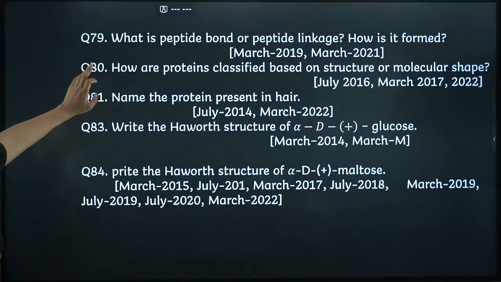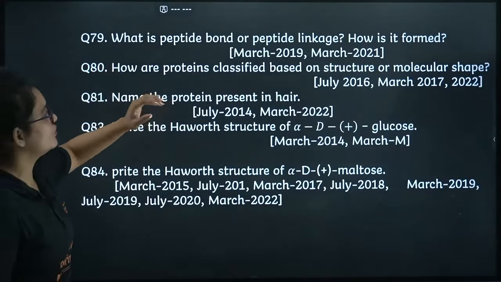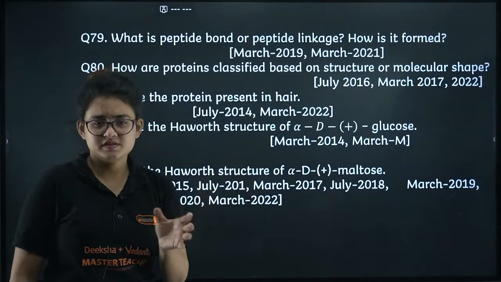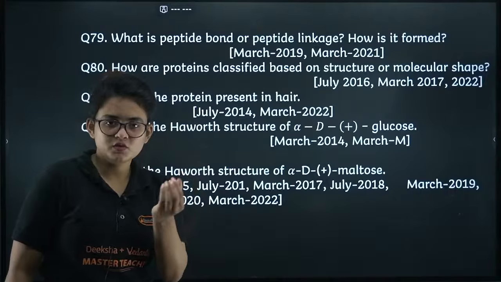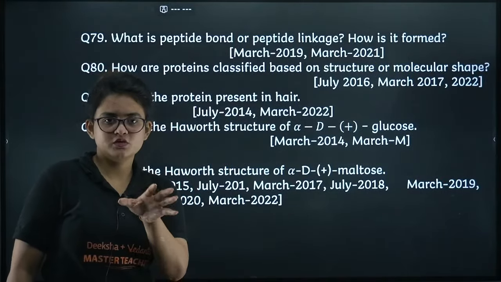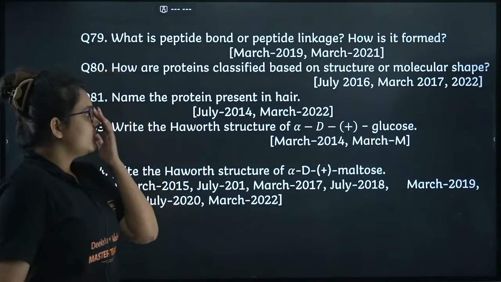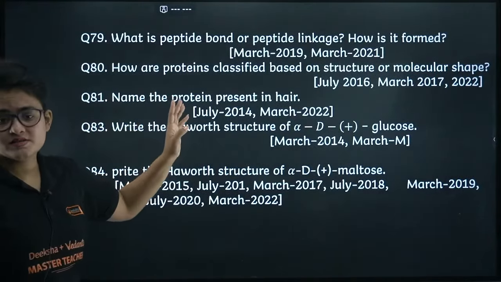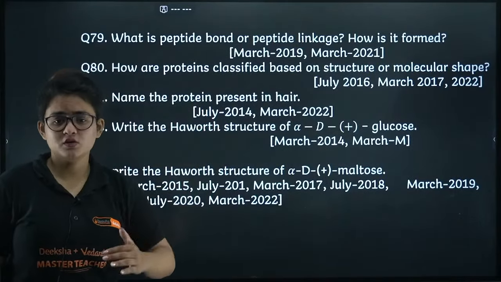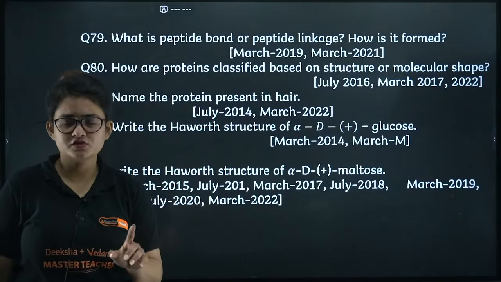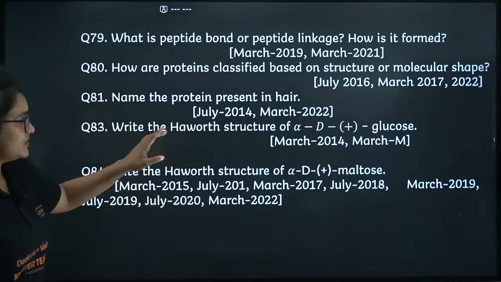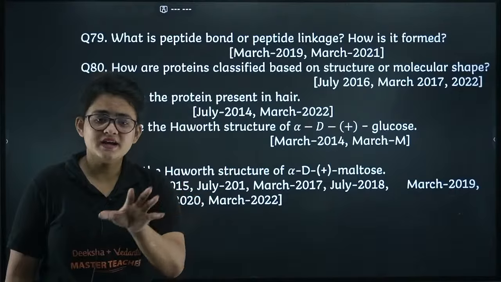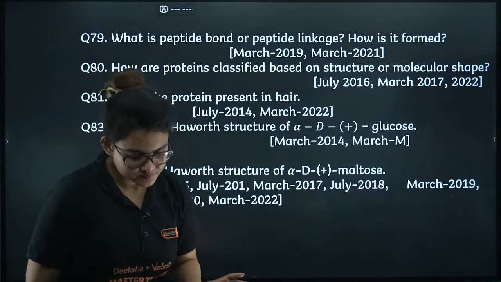Let's proceed. Here you can see peptide bond, what is peptide linkage, how it is formed, you know this thing, just because of the dehydration, like removal of 1 unit of water from the COOH and NH2 unit, right? That we will show in tomorrow's session. Proteins classification, I guess you can do fibrous and globular with one example. Also don't forget to give one characteristic also. Sometimes they ask the question to differentiate fibrous protein and globular protein.